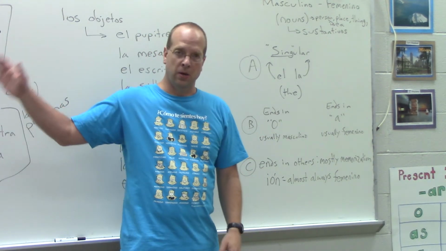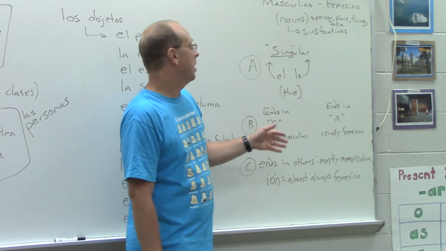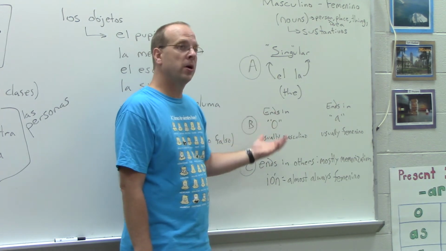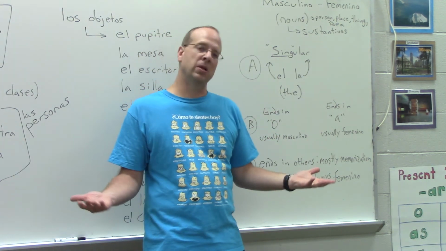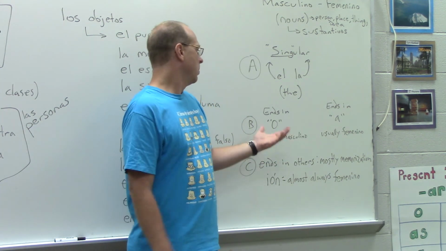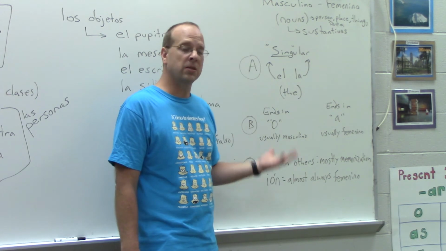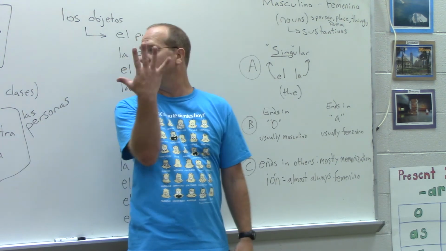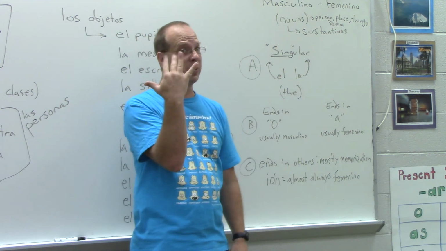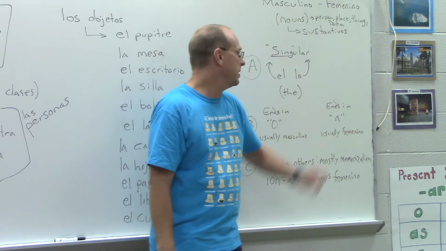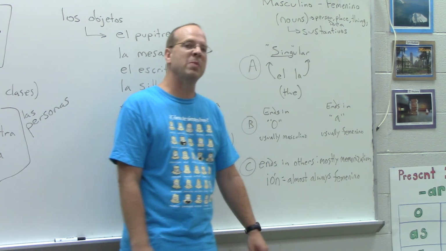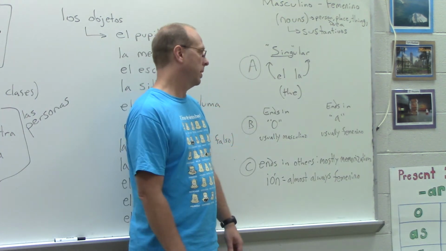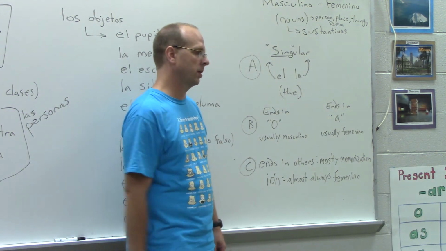You've been seeing it, I've been putting it in all of your notes, and hopefully you've been writing these down. There are no fast and furious rules here, but there are trends. If the word ends in O, like taco, you never say la taco, you say el taco. Well, usually, if it ends in O, it's going to be masculine, so you'll use el, because el is the masculine. Now, there's one big exception that I just taught in the last lesson. It's mano, but it's la mano, okay? If it ends in A, it's usually femenino, it's usually feminine, so it'll be la, okay? La silla, okay? La other things too.